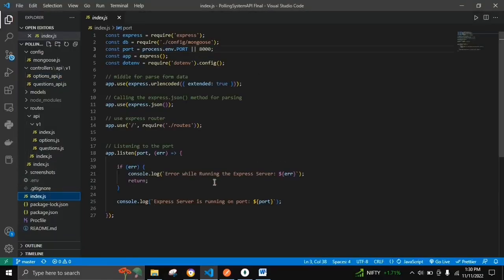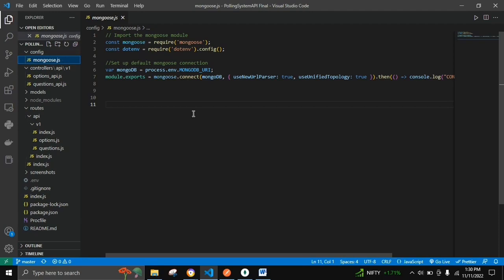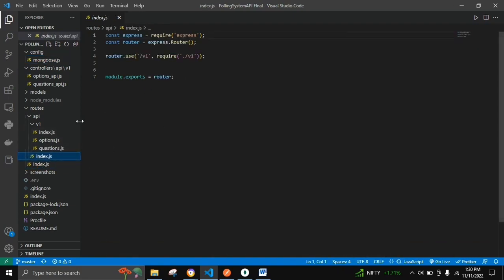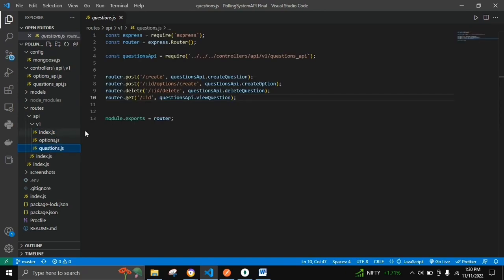So here, this is the main index.js file. In the config folder, I have used Mongoose to set up the Mongoose connection. Then let's move on to this main routes file, which consists of the API folder, and in the API I have used version v1. This is the main index.js file for v1, and this is the questions route, which consists of